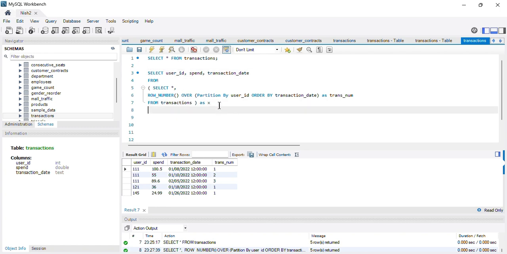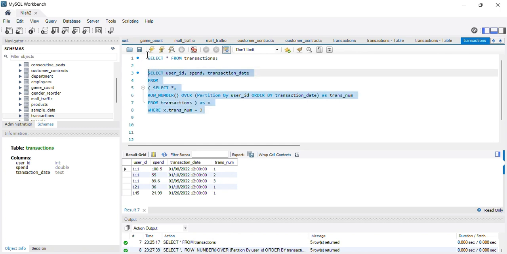And since we want only the third transaction, I'll do where x dot transaction number equals 3. It will only give me the details of the users whose transaction number is 3.